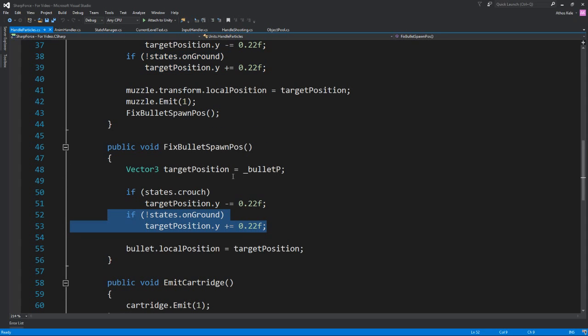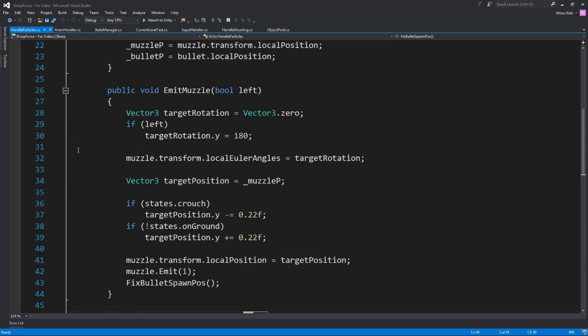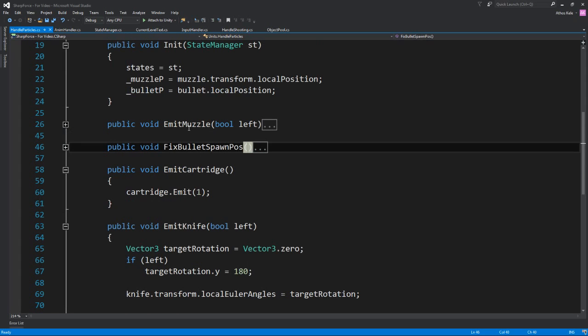So on idle, it just takes the target position we assign from here. So if you are in the air, we do this. We move up and down the empty game objects depending on if we are crouching, if we are in the air, or if we are